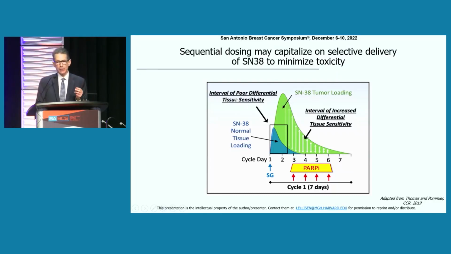And the argument goes like this. If normal cells are accumulating perhaps small amounts of topo-1, that's going to be cleared out and resolved in a short period. Tumor cells, which might have as much as 100 times more of the payload accumulating, will take longer to rid themselves of that drug. And so if you give the ADC, you get the drug in the cells, and then you wait a little bit for the normal cells to clear it out, and then give the PARP inhibitor, perhaps that could be a successful approach. And so this was the trial that Aditya launched, and we did have some lab proof of principle for this idea.